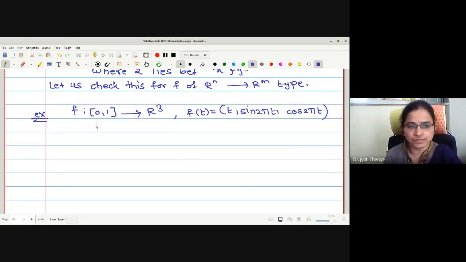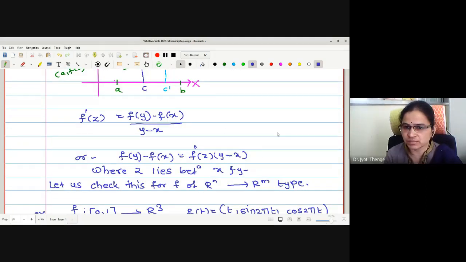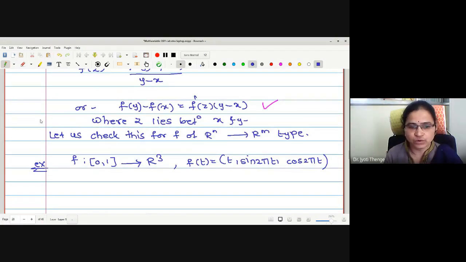Therefore, what are we going to prove now? We want to prove whether the function is going to satisfy a statement of this type. For this, I have to find f of 0, f of 1, and its derivative also. The function I have written already. Let me write its derivative. What is the derivative? Partial derivative we have to consider. This is 1, 2 pi cos 2 pi by t, then minus 2 pi sin 2 pi by t.